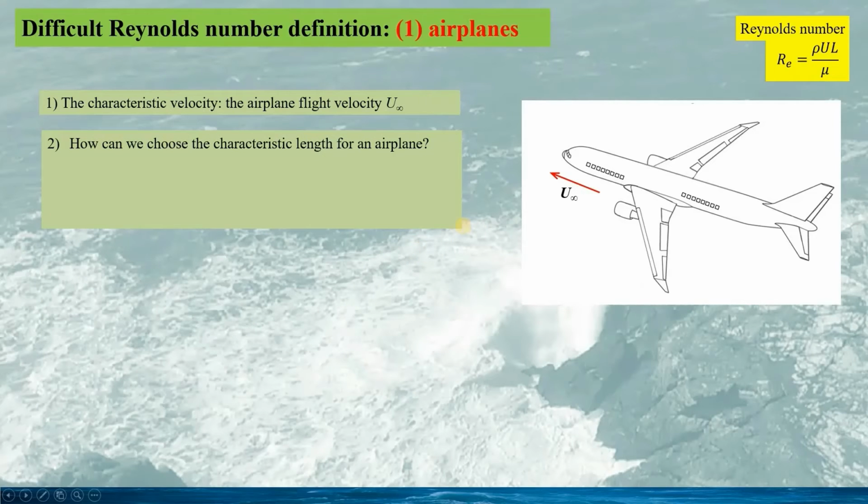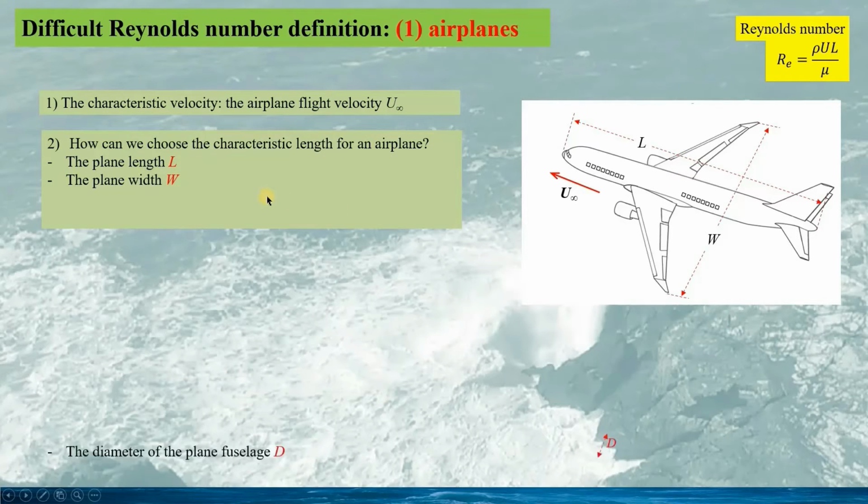But the question is how we can choose the characteristic length for the airplane, since we have many different ways to define a length for an airplane. For instance, the plane length L, or the plane width W, or the diameter of the plane fuselage. But all these lengths cannot be used as the characteristic length, since these parameters would not represent the performance of an airplane.